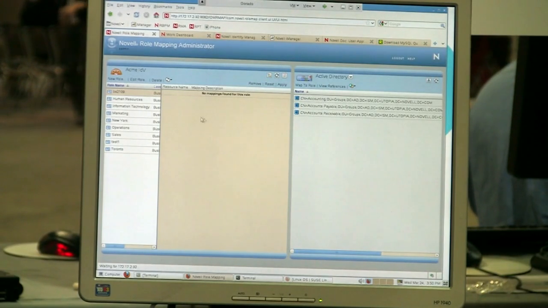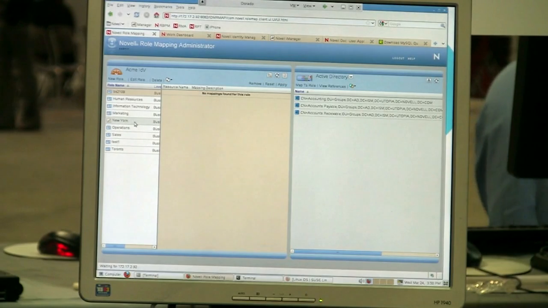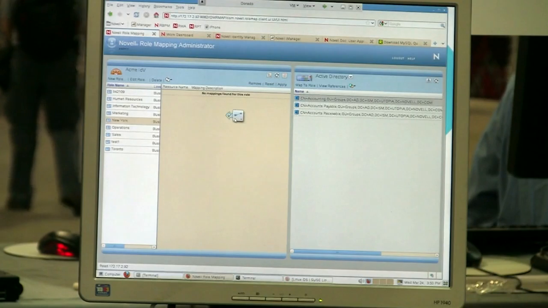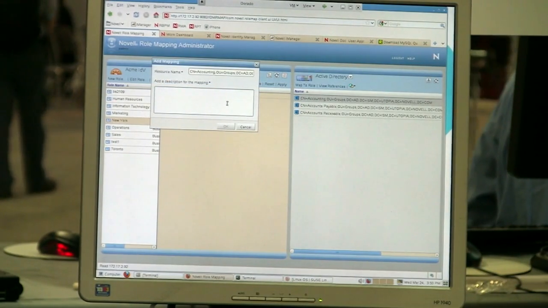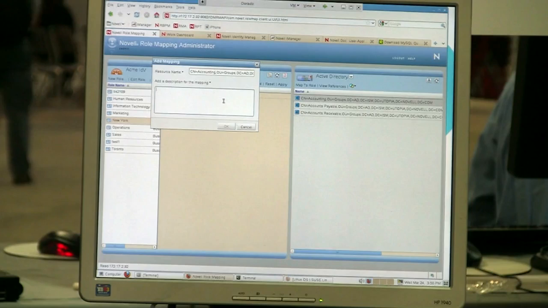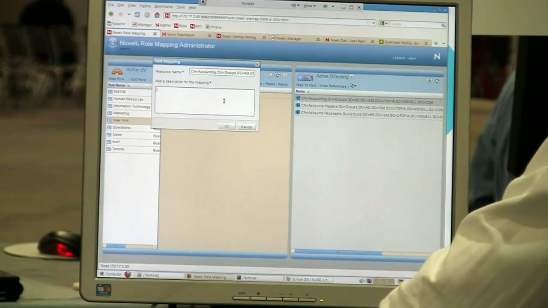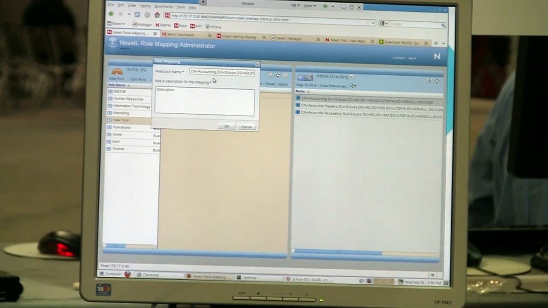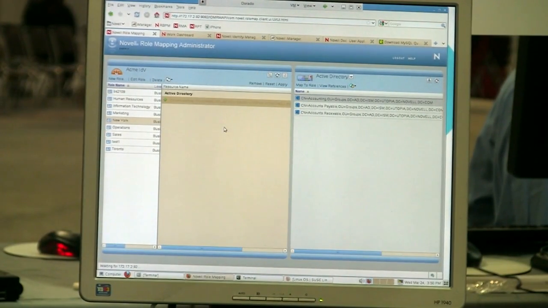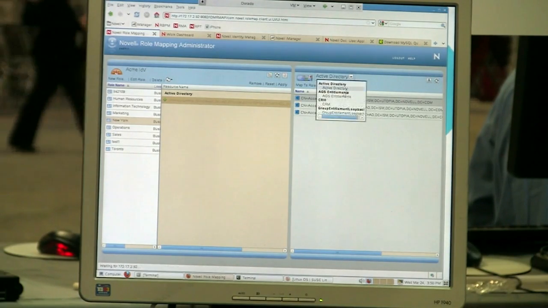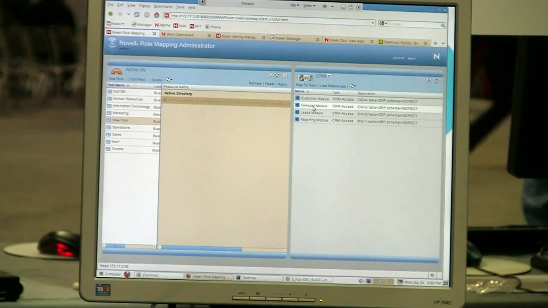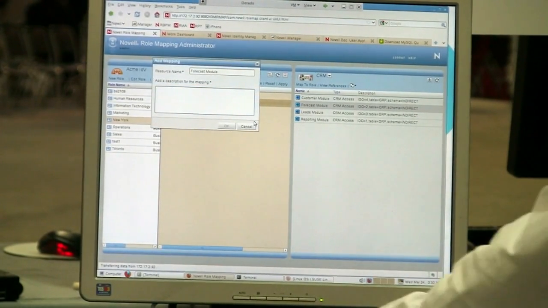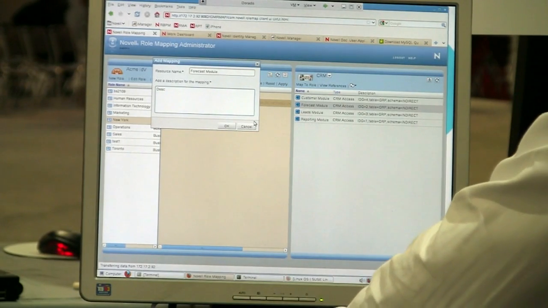So maybe I want people over here in the New York role to have access to, say, the accounting group within Active Directory. I simply drag the accounting group over to the New York role, and I would type in a description, something a little bit more meaningful. I say OK, and then let's pick something from the CRM system. Maybe I want New York people to be able to go to the forecast module within CRM, and again I'll type another meaningful description,